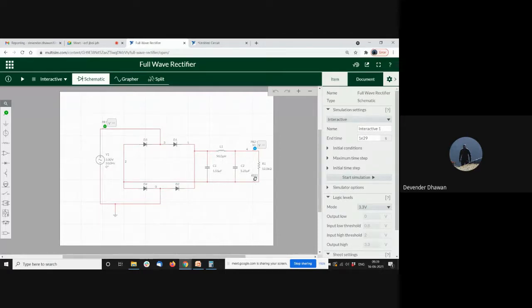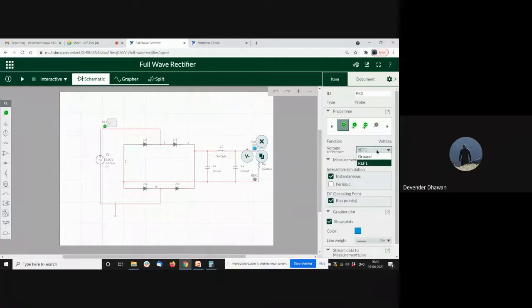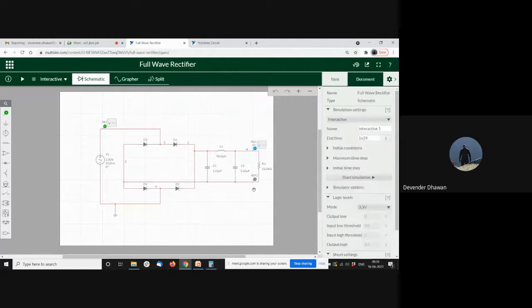But what you're saying is, if you want to use a reference, like here in this case, if I put a probe here, it will measure between this point and ground, which is this point. I don't want it to measure between this and ground, so I can put a reference here, and then under the settings of this probe, I can tell it that the voltage reference is not ground, it is reference one probe. That way it will read across this. That is how you can make it read between two specific points, and not between one specific point and a ground. I hope that answers your question, ma'am. If there's anything further, do let me know.